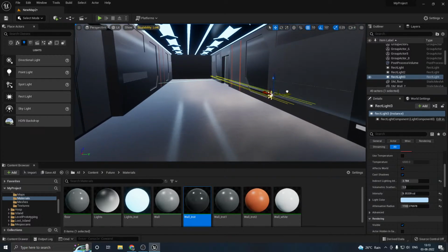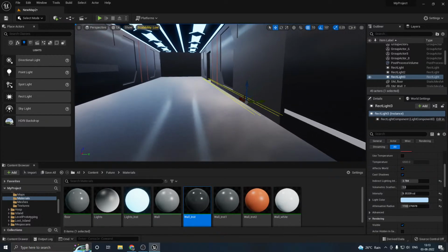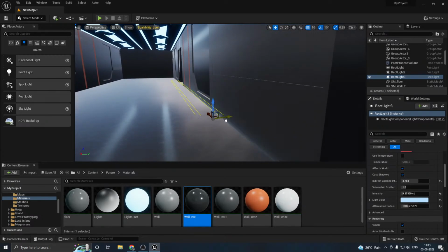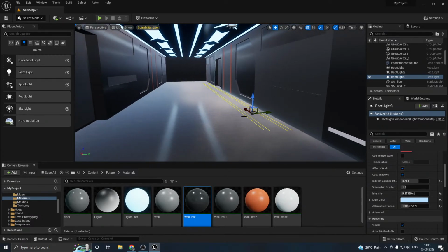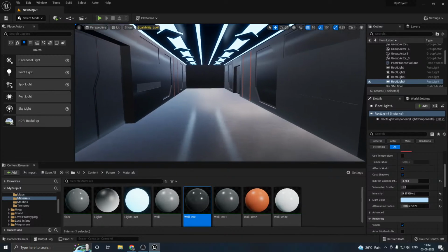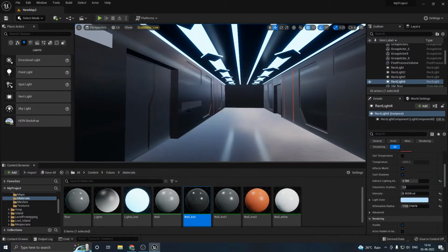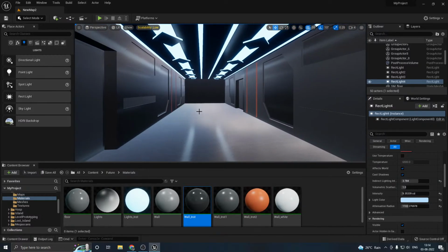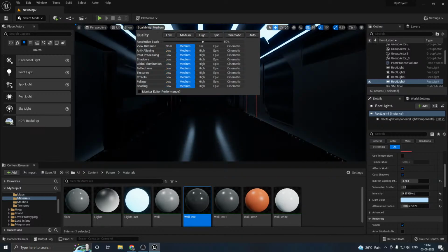Okay, and place it in here. And duplicate here also. And if I change to medium,